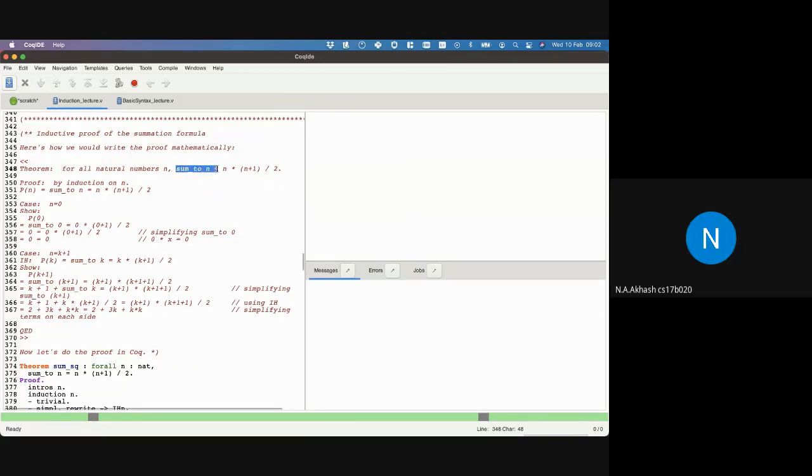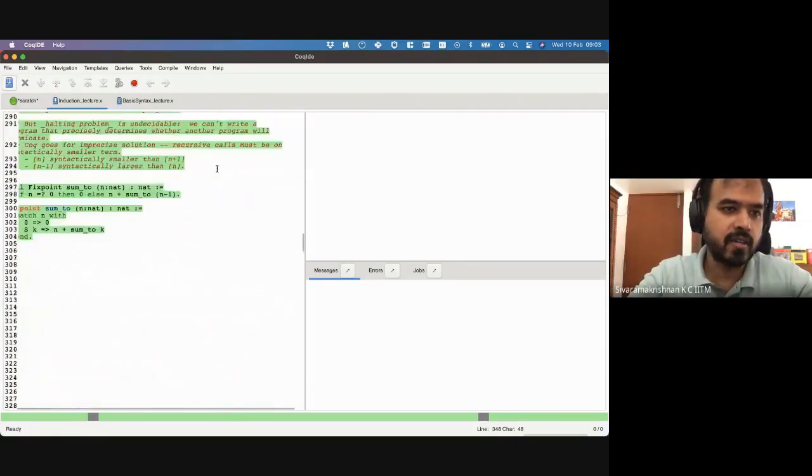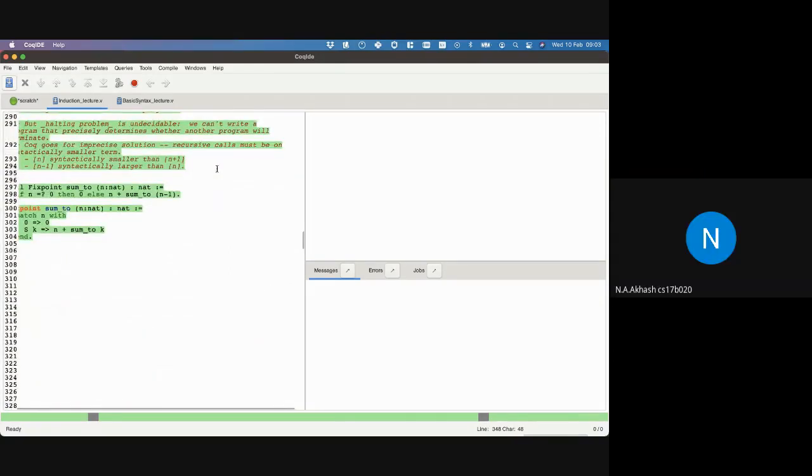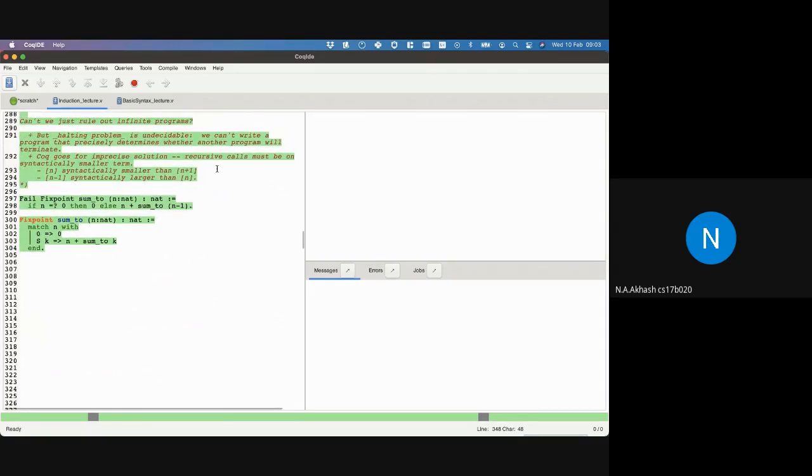Sir, I have a doubt. The previous one. So the length of sum2 k is the same as the length of sum2 n, right? So how does Coq know that this